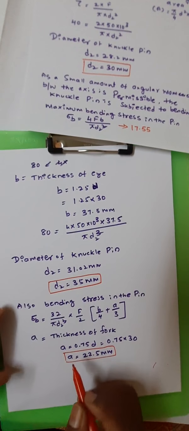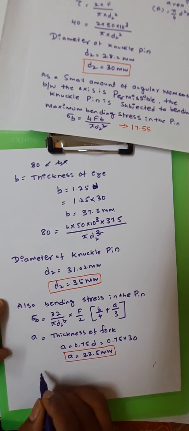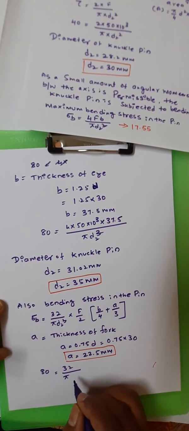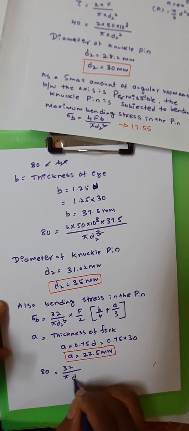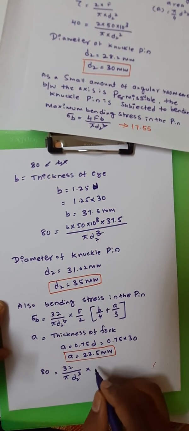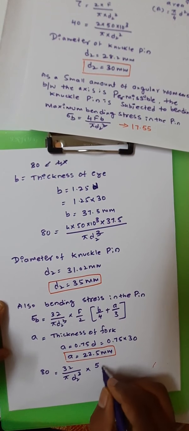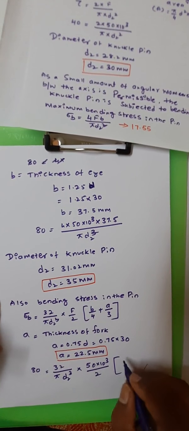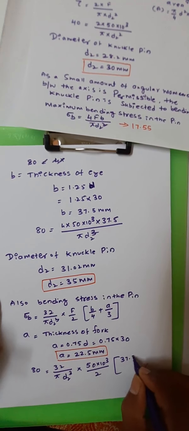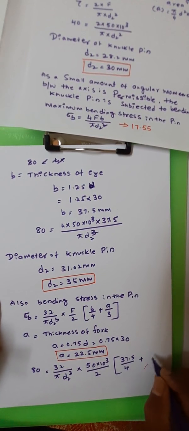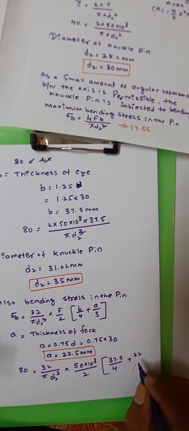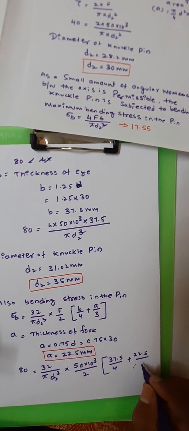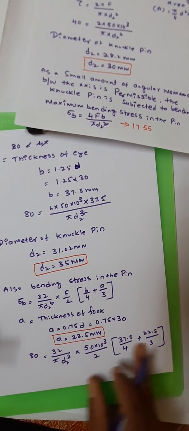If we substitute all the values into this equation, we know the value of sigma b, that is 80 is equal to 32 divided by pi d2 cube into, we know the value of F, 50 into 10 to the power 3 divided by 2. We know the value of b, that is 37.5 divided by 4 plus, we know the value, 22.5 divided by 3. If we simplify this entire term,